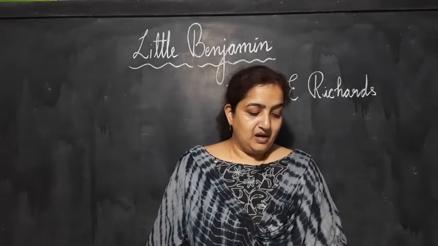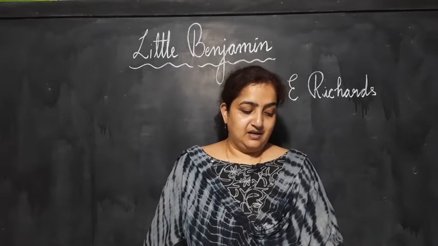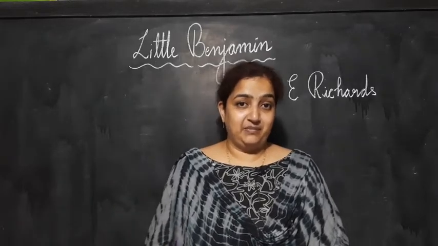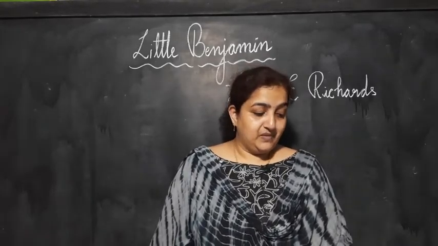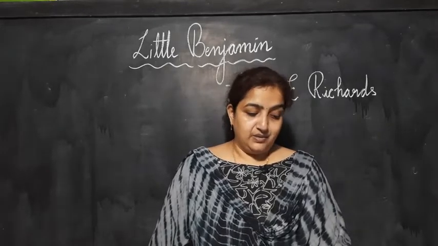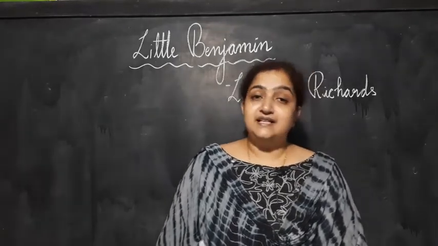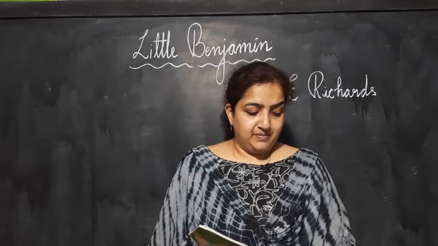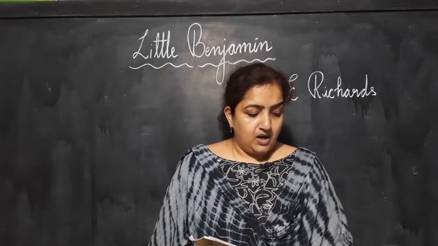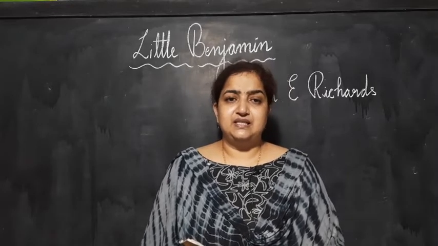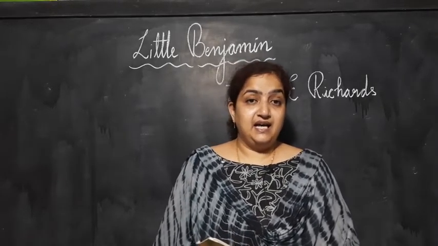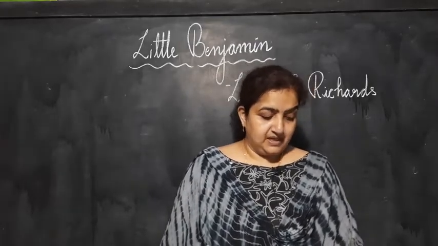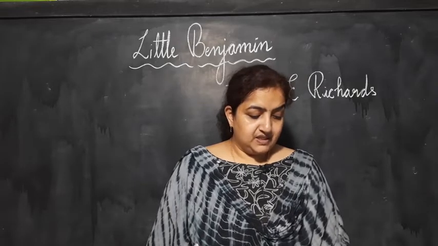"Oh, call him Arthur, Bill, Reginald," cried the children together. So now the children have different names. Everyone has got a different name they are suggesting for the baby. Arthur, Bill, Reginald, like that the children are saying, one by one they are giving a name for the baby. "I do love a Bible name," said Mother Golden. "All our own children have Bible names." So Mother Golden said, "I like biblical names, names from the Bible. All of you have got names from the Bible. Let us not cut the little stranger off from this privilege."